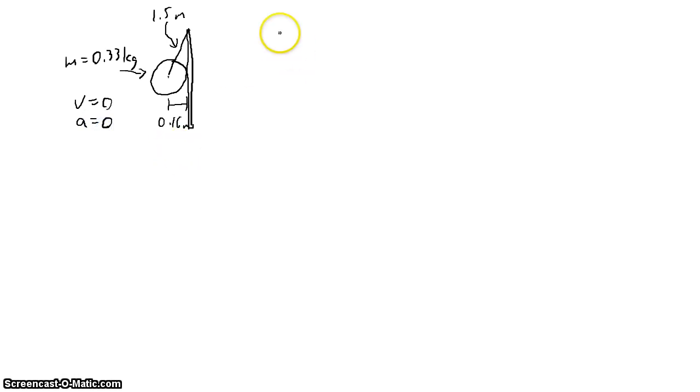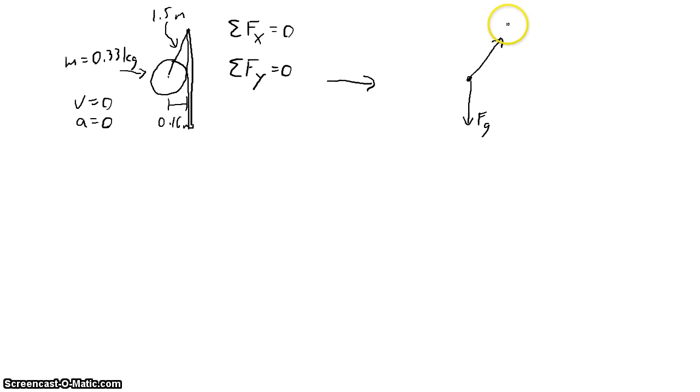This is important because it means that Newton's first law is in effect, which means that the sum of all forces in the x dimension must be 0, and the sum of all forces in the y dimension must be 0. So given this situation, we can draw our force diagram for the ball itself. We'll just make a little dot to represent the ball. We know that it's feeling the force of gravity. We know that it's feeling a force of tension from the string,